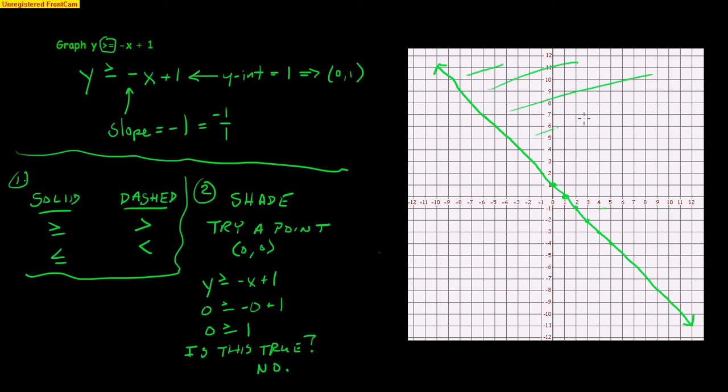And here's all you have to do to shade. You don't have to shade the whole thing like you're coloring. I know it's fun sometimes, but this is all we do. Mathematicians, that's all we do. Okay? So again, if it would have come up true, since I tried a point on this side and it came up true, I would then shade over here. But since I tried a point over here and it didn't come up true, I go to the other side and I shade that in. Alright, so those are the big